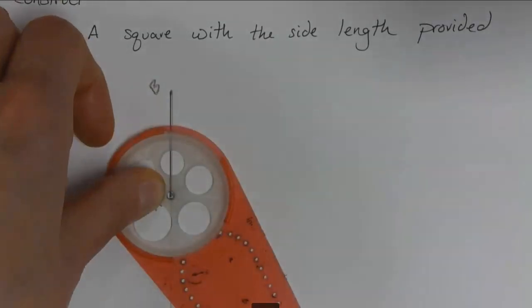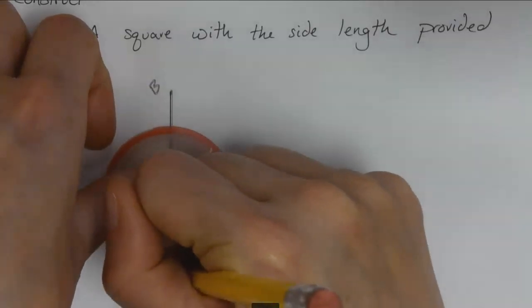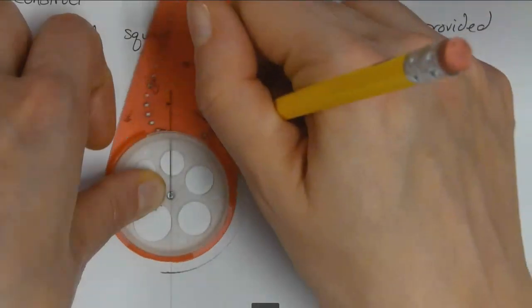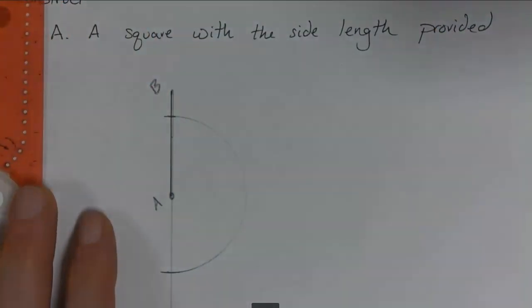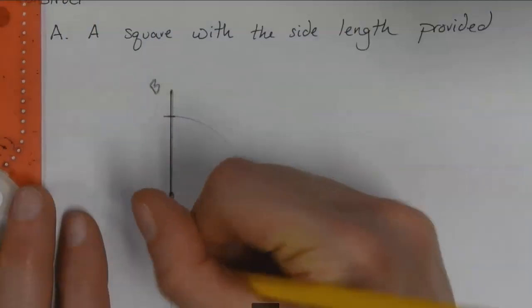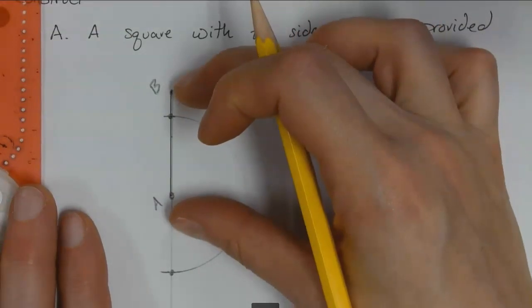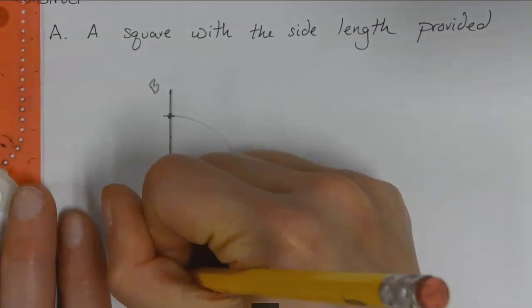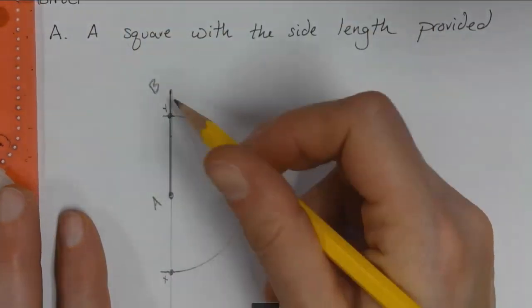And once we have that setting, we make a marking on either side of that point, so it looks something like this. These 2 points are not going to be part of our square, right? Because AB is part of our square. But I'm going to use these 2 points, and I'll just call them X and Y for now, to bisect this segment